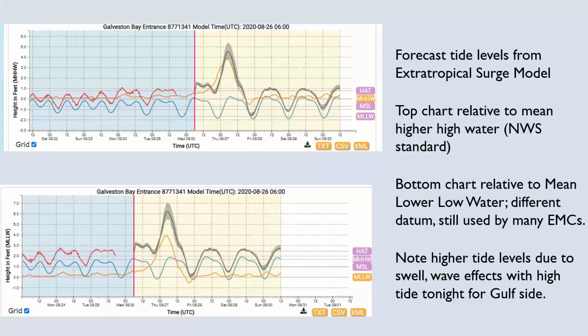tides. And what you see this morning, we're a little bit right of the right line, and we're not really going to drop off a whole lot from where we are now on our next low tide. And then the high tide tonight is the tide of concern. Now, these times are in Greenwich time, so you have to subtract 5 hours. So bottom line is along about for the high tide late this evening and tonight will be our tide of